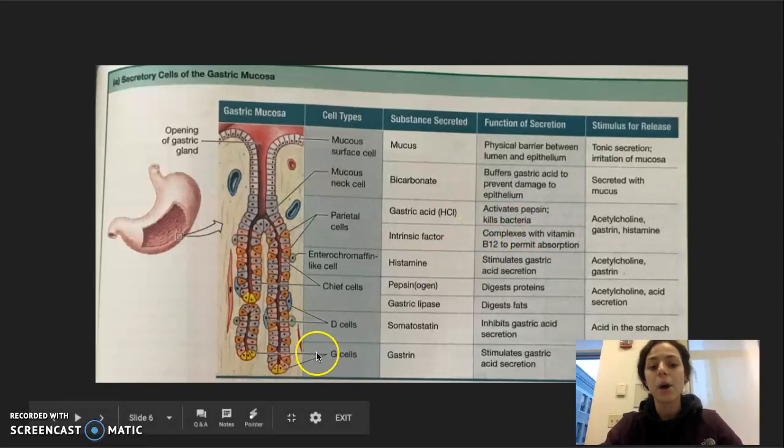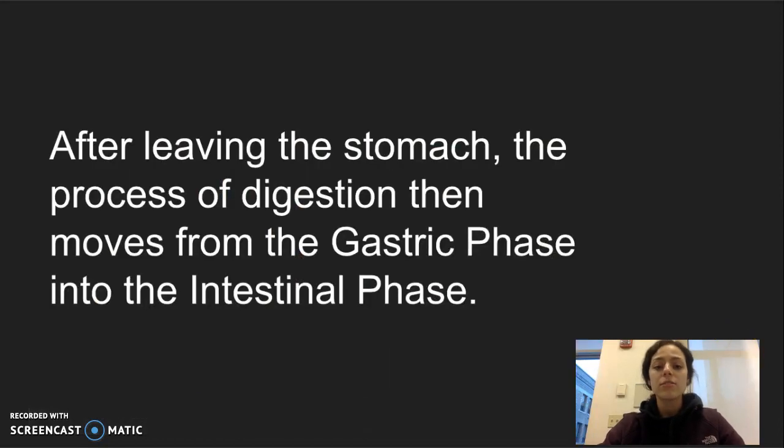G cells down at the bottom secrete gastrin, and they're stimulated by acetylcholine, peptides, and amino acids, and this is to stimulate gastric acid secretion. So that's just a little overview slide of all the different cells that are affected. Then after leaving the stomach, the process of digestion moves from the gastric phase into the intestinal phase, which I am not going to speak about,